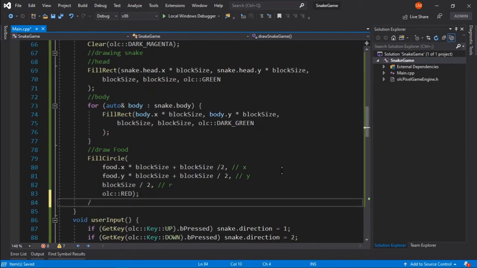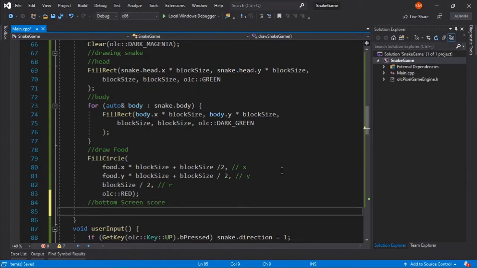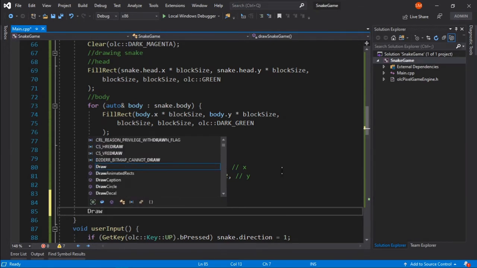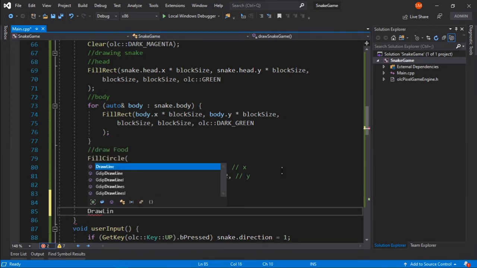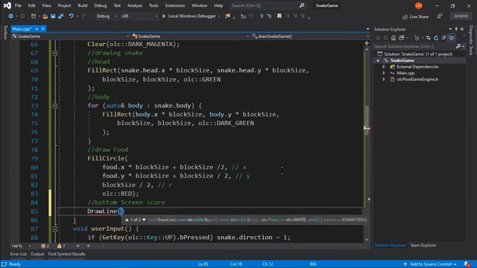So we will have our bottom screen score, and here I will first draw a line. So we'll say draw line. Draw line takes the positions.